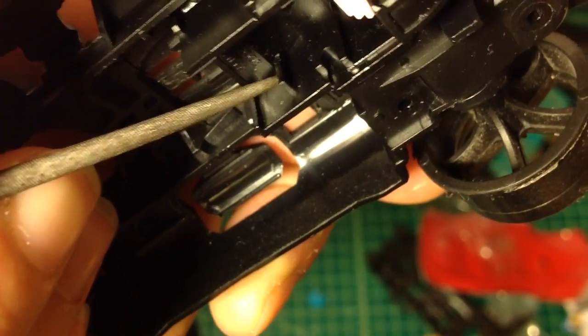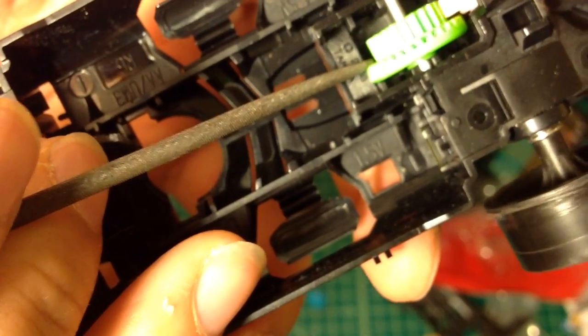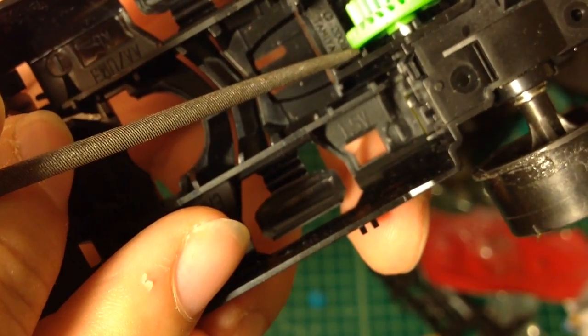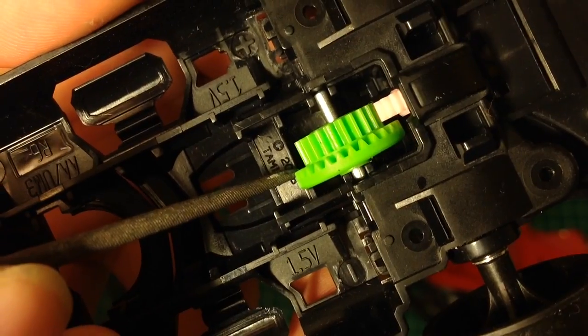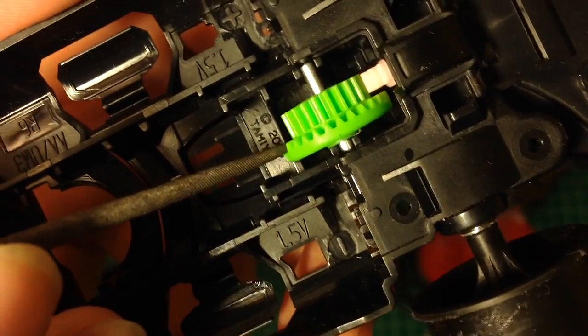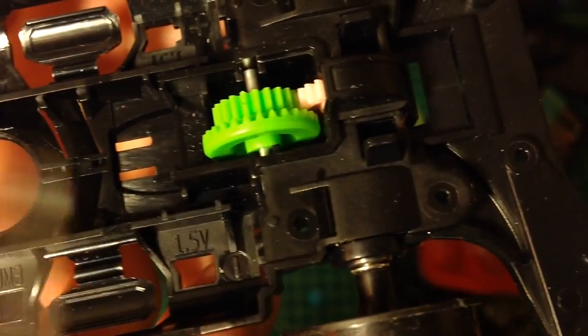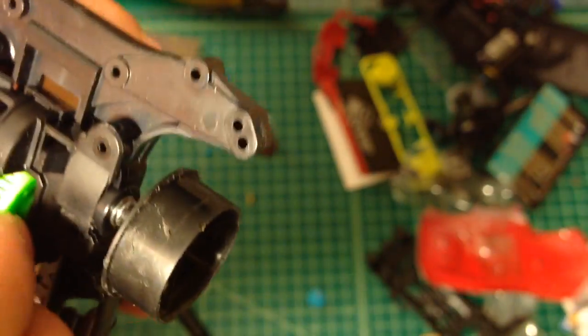Okay, right here. And you also have another problem right here, this part I'm pointing at right now. This part is making the gear crooked. So when it spins, it may also contact right here, this part I'm pointing at right now. Let me give you a better angle. Okay, right here you can see if I touch the gear toward the right side, it actually makes contact. So this part and this part will give you a lot of resistance and friction, and it's slowing you down. So to prevent that from happening and to improve the speed,